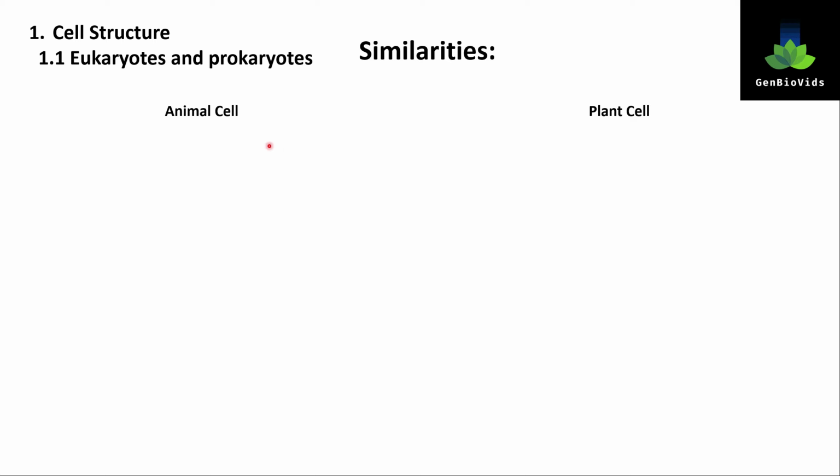Now let's look at an example of two eukaryotic cells. So, animal cells and plant cells. A common exam question refers to the differences between animal and plant cells. So they may ask you to list two differences, or they may ask you to list two similarities, but we're going to go through this now. So, the first similarity is